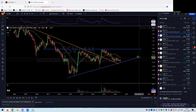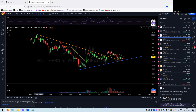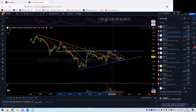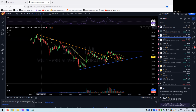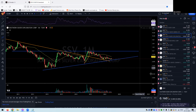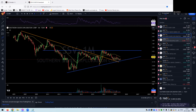SSZ, this is Southern Silver Exploration. We have a clean, I want to go a bit further out. That's the golden trend line break we had, breaking out, bullish to down, sideways consolidation within this triangle here, and now we're having a third touch bouncing at that lower blue triangle. So definitely this is actually very clean. The wicks and the interactions with the trend lines are dead on, and we have the backtest here. So I assume if we start to break out above some of these smaller time frame triangles,